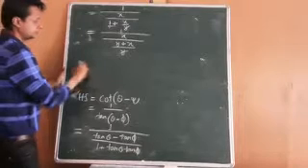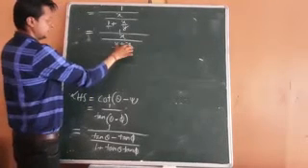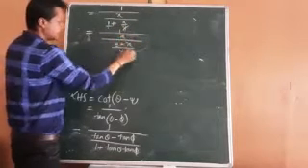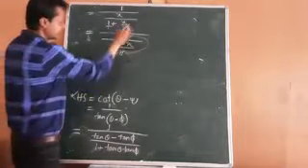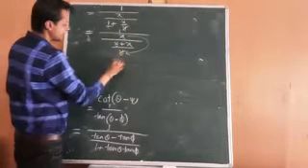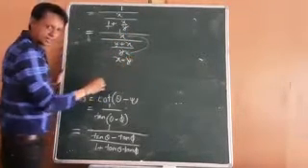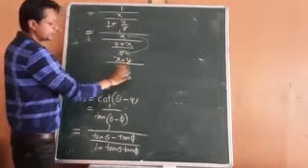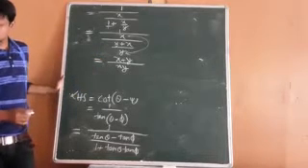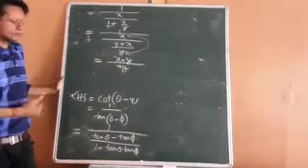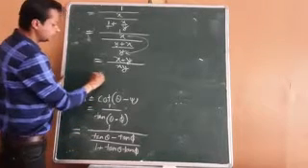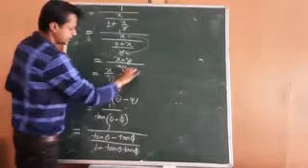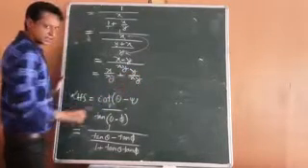So now you know what will happen. This part will go up and this will be multiplied with this term. Y plus x or x plus y, same thing. I will write x plus y by this, and this will be multiplied. When they are multiplied, they will be the denominator. So x plus y by xy I got. Now you split: x by xy plus y by xy. Finished.